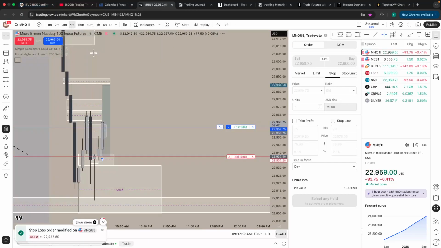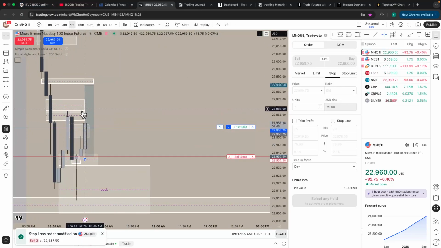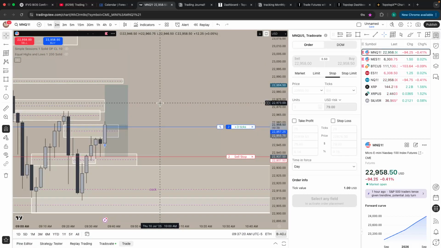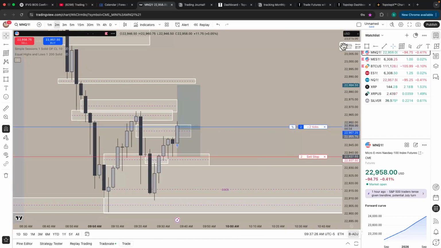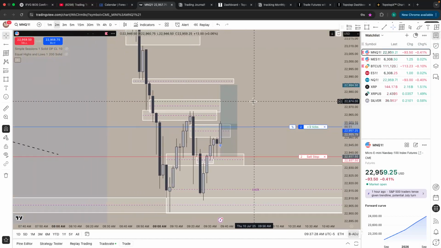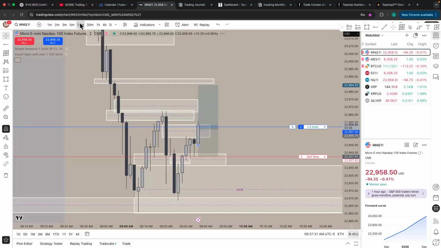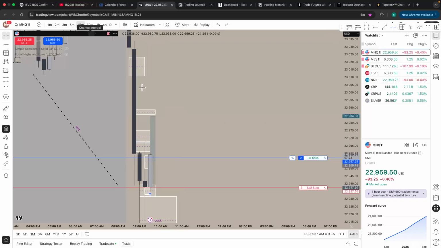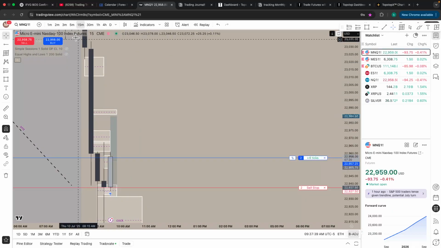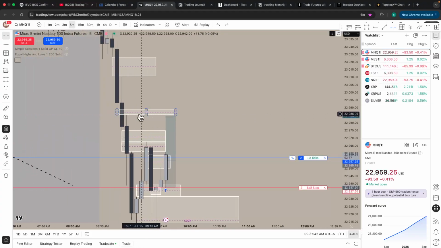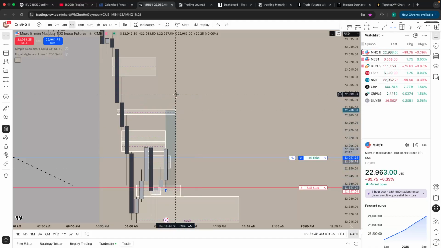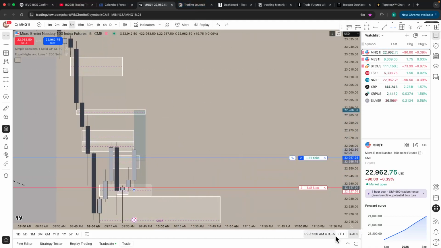All right, we have the 5 minute up here. We have a 5 minute gap that I think it's going to want to come in inverse. Ideally, we could reject off this 2 minute that closes in 40 seconds. Let's get rid of this actually. Set take profits correctly. Let's be smart. 15 minute. We have this whole 15-minute gap that we could come and fill, but ideally, I'm going to take profit on this inverse. Ah, that's so cooked, brother.